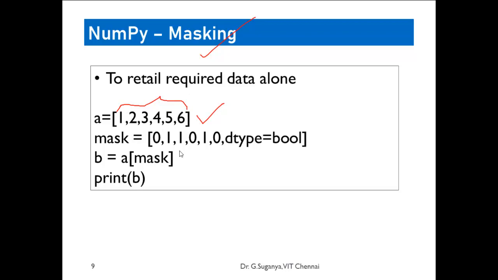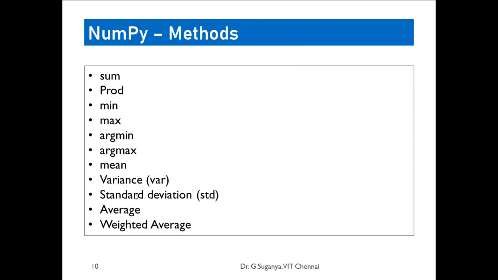2 and 3 are prime numbers, so both are 1. 4 is not a prime number. Then 5 is a prime number. 6 is not a prime number. Compulsorily you have to give dtype equal to boolean, otherwise there is a possibility it will be considered an integer. Good. So now we have to apply this mask on the data set. What will be the possible result of this? It will return only the prime numbers. This execution we'll see shortly in the execution environment.